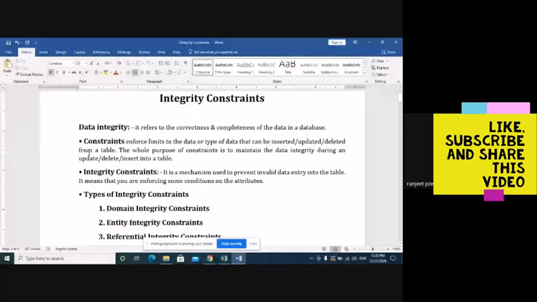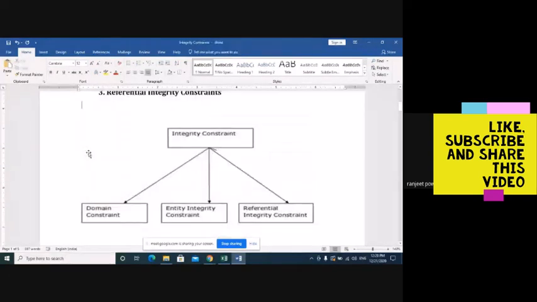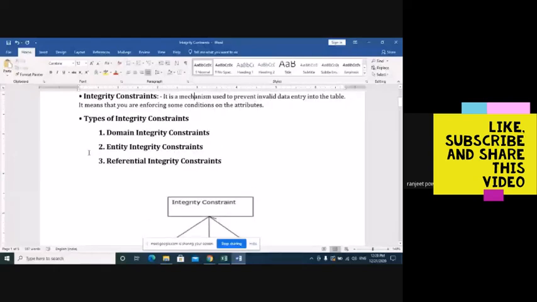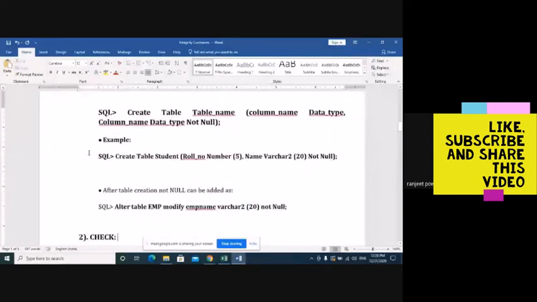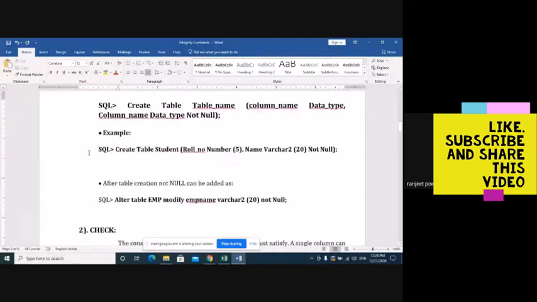Okay, so basically what are constraints? Constraints are mechanisms to force the user to enter valid data, and they allow only correct and complete data into the database. For that we have key constraints, domain, entity, and referential integrity constraints. The domain constraints are based on domain values, and there are two kinds: not null and check constraint.